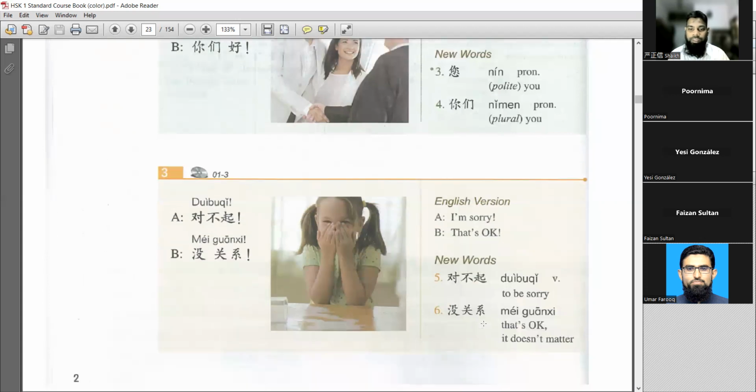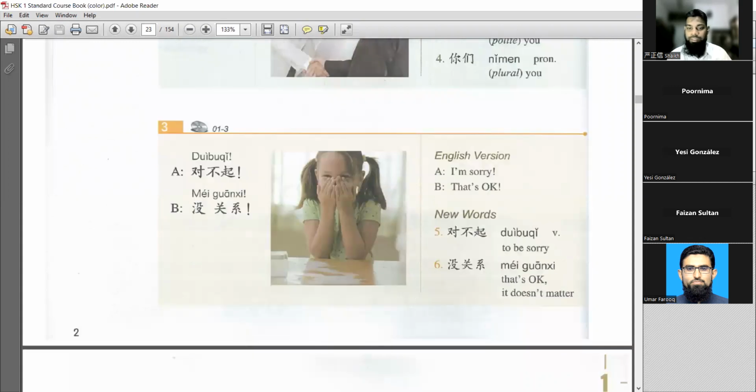So this was all the topics which we have studied in the previous class. Now I'm going to study further. I'm going to read further. So the fifth word of this chapter, chapter number 1, is duibuqi. Okay, let me start from